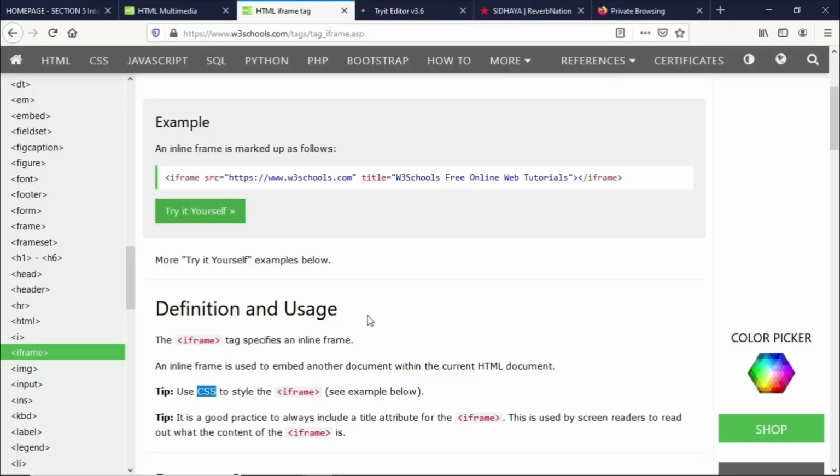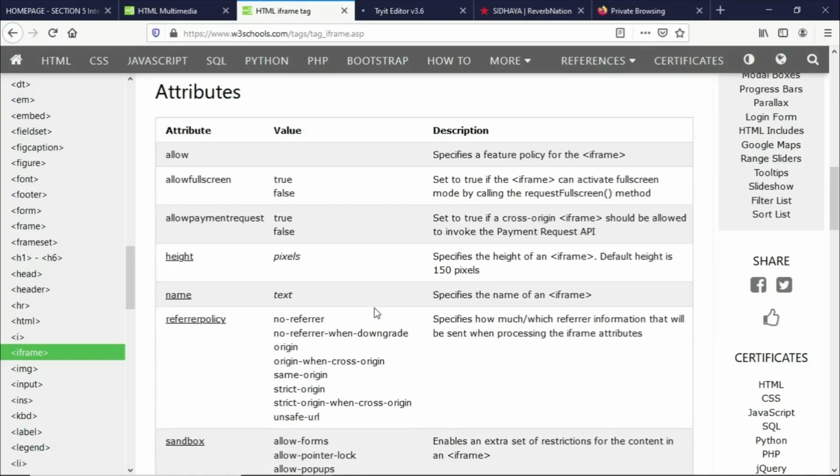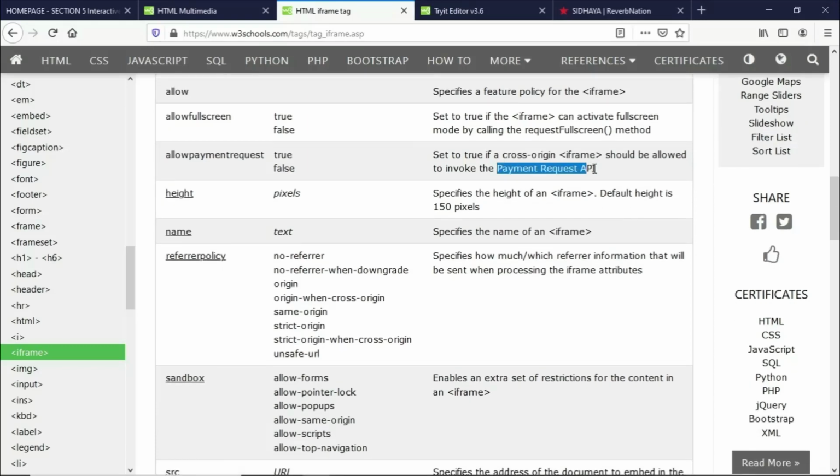And if we try to go and try it yourself here, while we're waiting for that to load, we can see here some of the attributes. Allow will be specifying a feature policy for the iframe. So we can see here allow full screen, that will be given some values here, that if we give it a value or we set it to true, we can activate the full screen mode by calling the request full screen method. This is related to JavaScript,